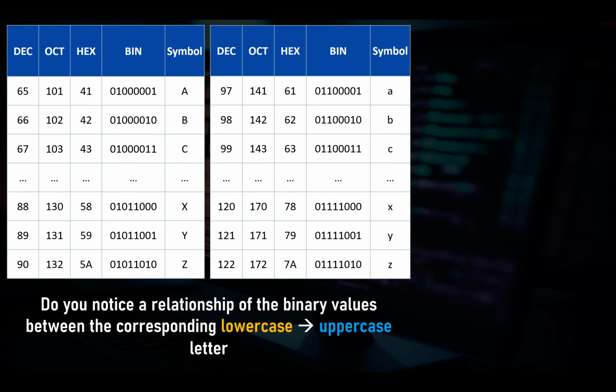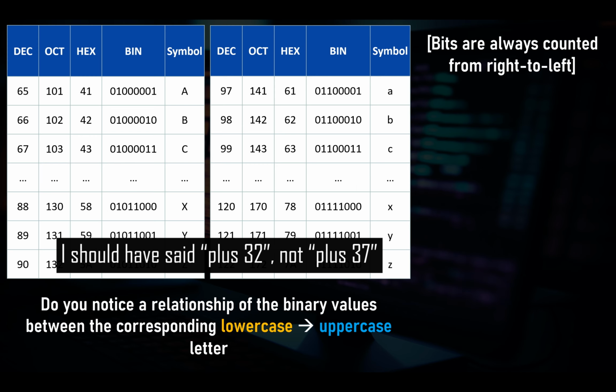If we compare the uppercase letters with the lowercase letters side by side, can you notice a relationship between them? Look at the decimal, the hexadecimal value, and the binary value as well. Just ignore the octal. Maybe you've noticed that it's just going to be +37. So to get from the decimal big A, and